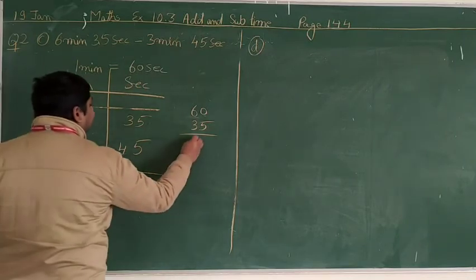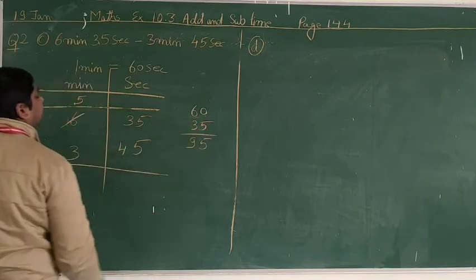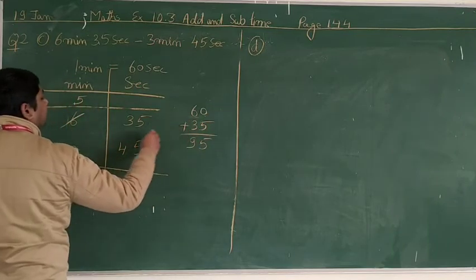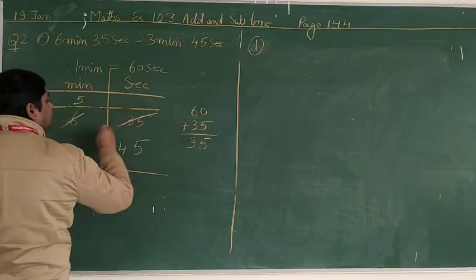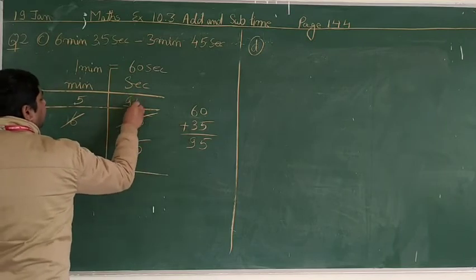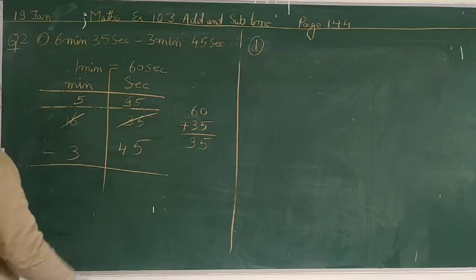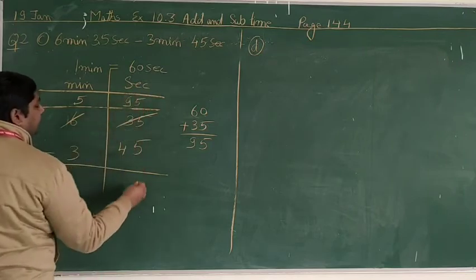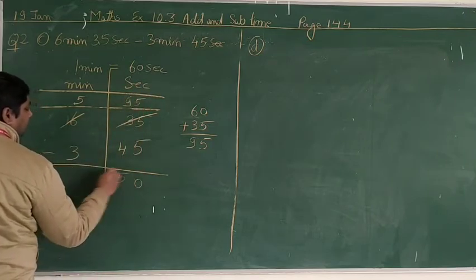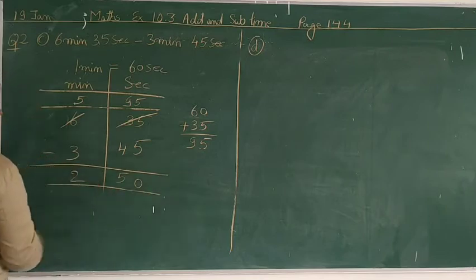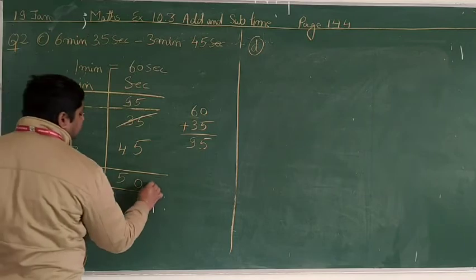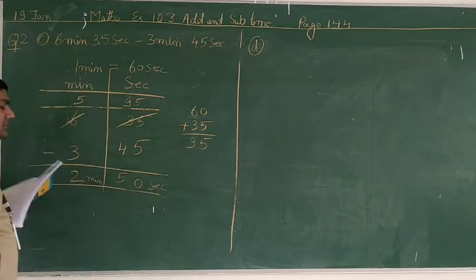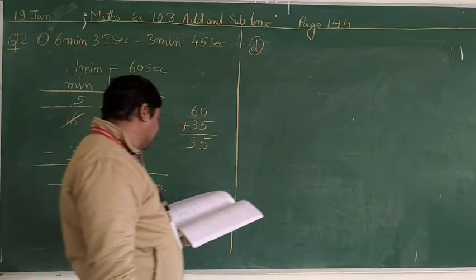and that's how you will get total of 95 seconds. Now you have 95 seconds. We will add them because 60 seconds we borrowed and 35 you have. So this will become now 95. Right? Now you can separate 45 from 95. This will be 0, 5 and 2. So the answer is 2 minutes and 50 seconds. Right? Similarly, we are going to do the question number D.